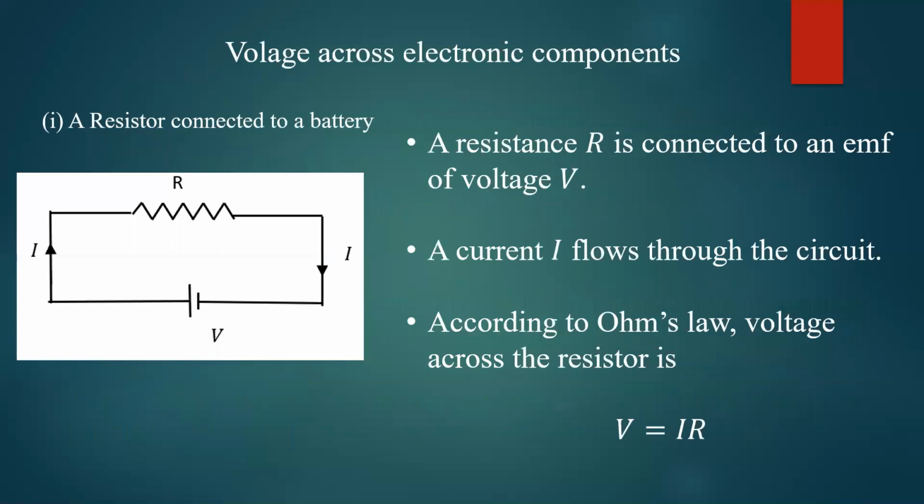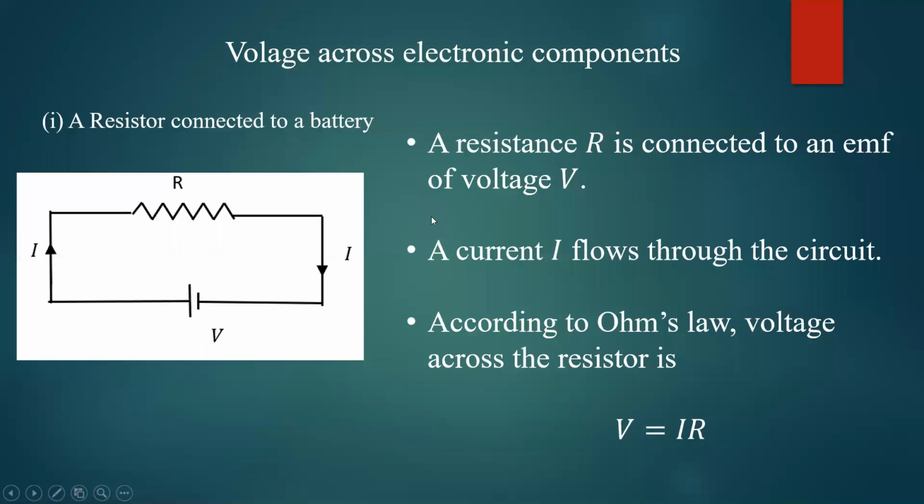Okay, so first of all, we will consider how to find out the voltage across electronic components. First we will consider the resistance. A resistor connected to a battery. Then what will be the voltage across the resistor? It is connected to a battery, and then current I